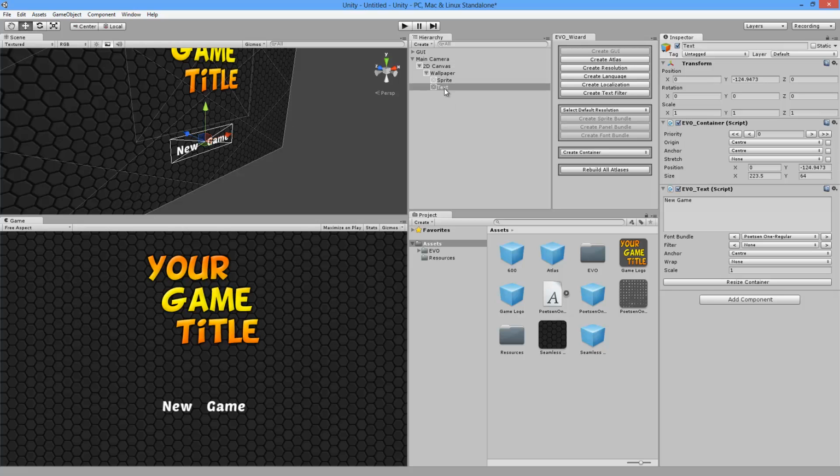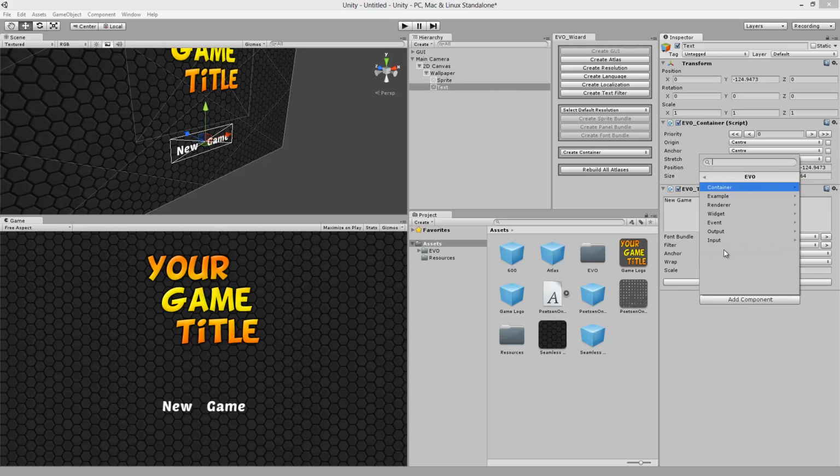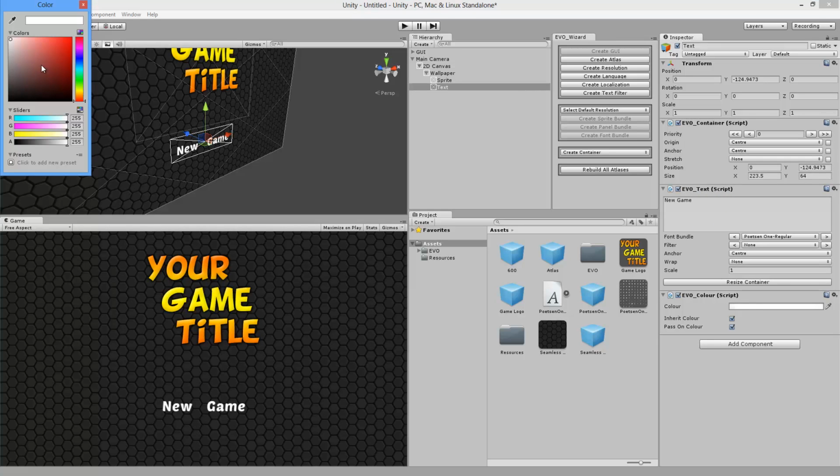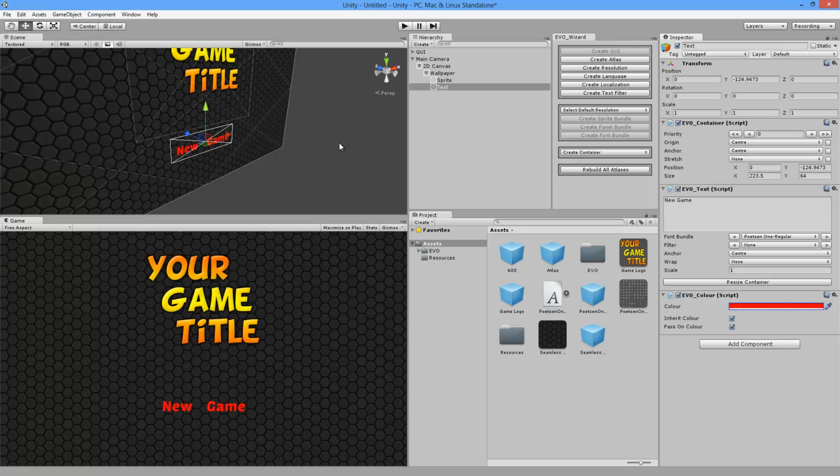To do that, make sure you select the text here, click add component, EVO, let's add output and then color. This component allows you to change the color of a component, and if you have children components it will also make them red in this case. If you want it to only make this one red and not the children red, then you can just disable